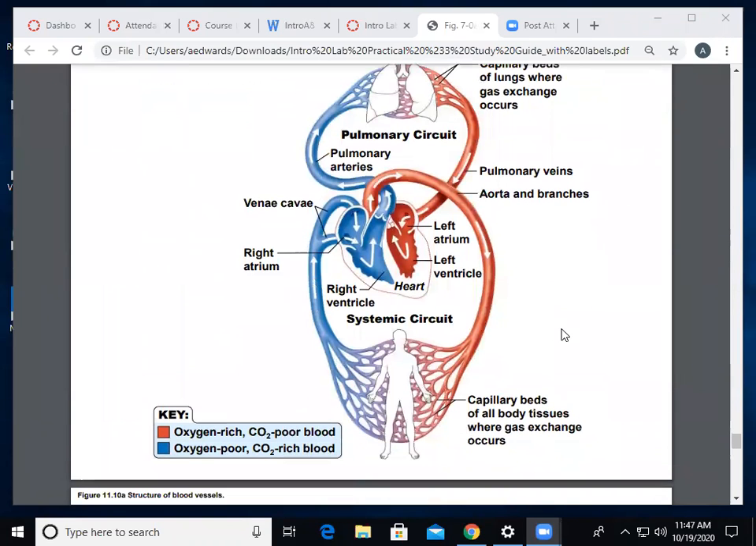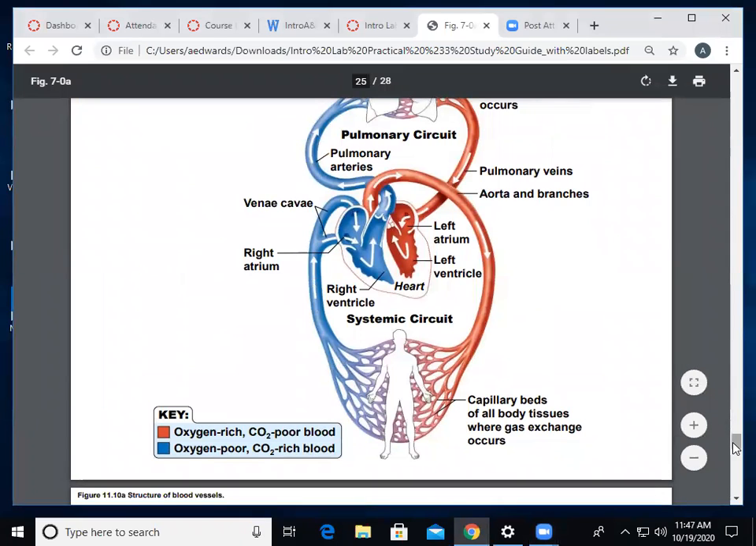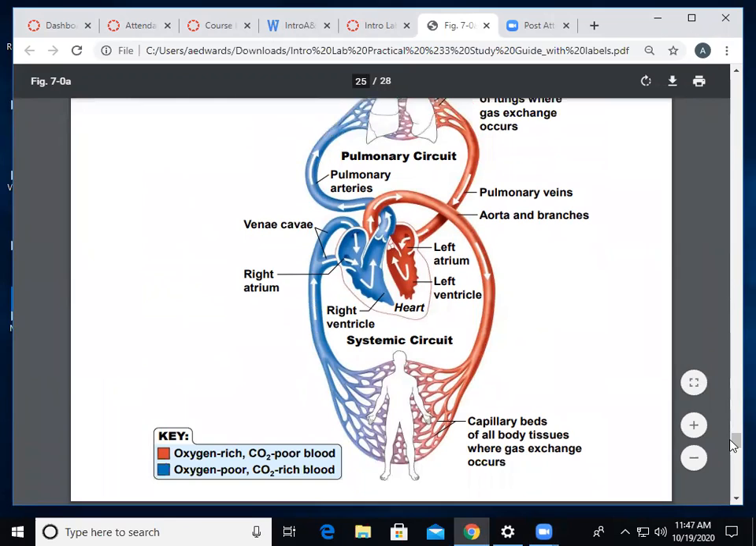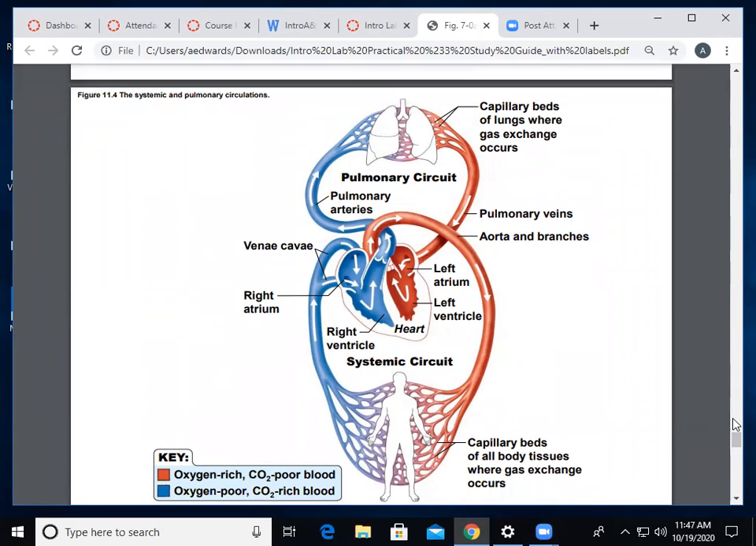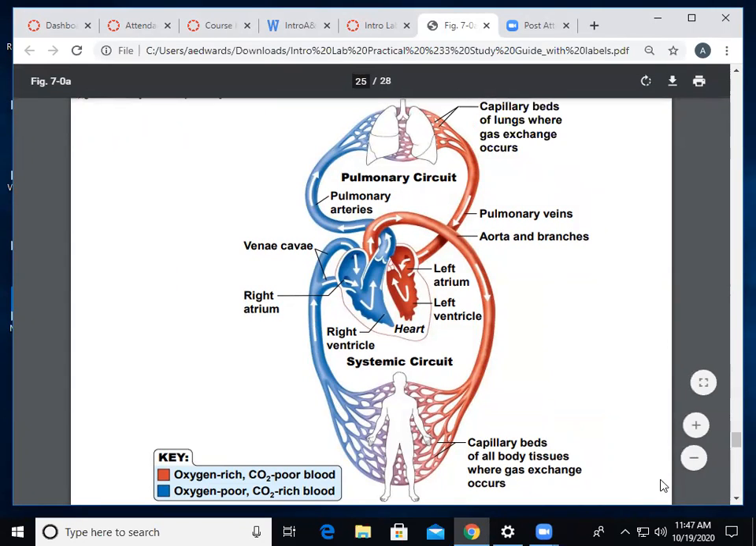All right, so on your homework 3, they asked you about the pulmonary circulation and the systemic circulation. There we go. All right, so pulmonary circuit or pulmonary circulation is taking blood to the lungs, right? Pulmonary means lungs. So going to your pulmonary trunk, to your pulmonary arteries, taking blood to your lungs,